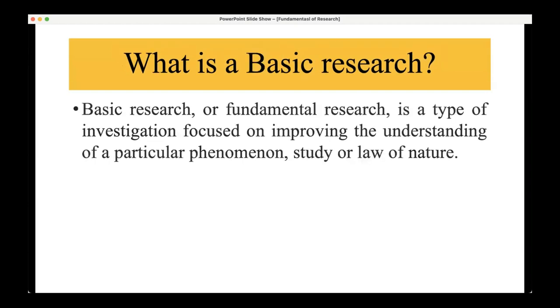While the basic research, or the fundamental research, is a type of investigation focused on improving the understanding of the particular phenomena that has already been, to study the DNA, to study some brain function, to study the heart function, to study the cardiac function, to study the function of the enzyme, to study the law of nature that is already there in our system, that's based in the basics. So these two are